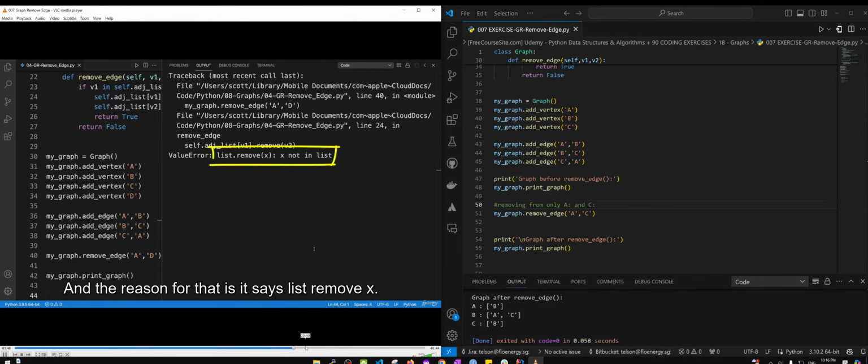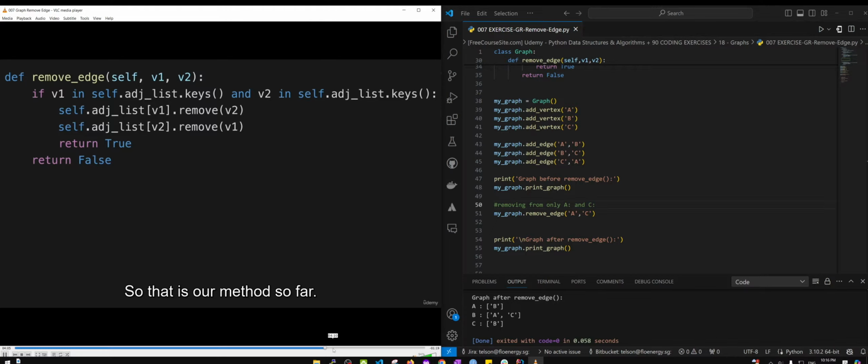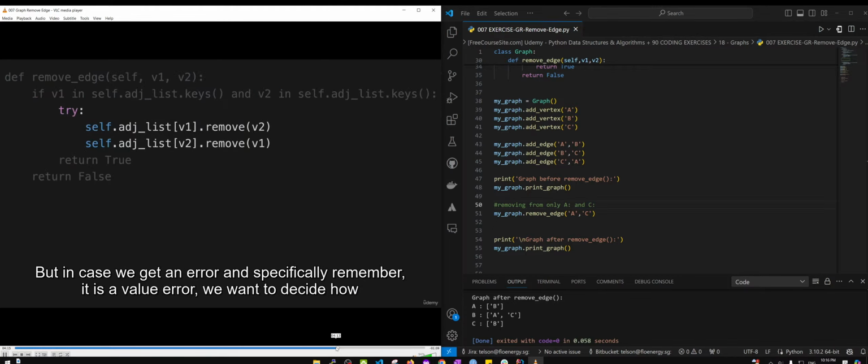Using that in a list. We try to run this now. That is our method so far. What we need to do, run these two. But in case we get an error and specifically